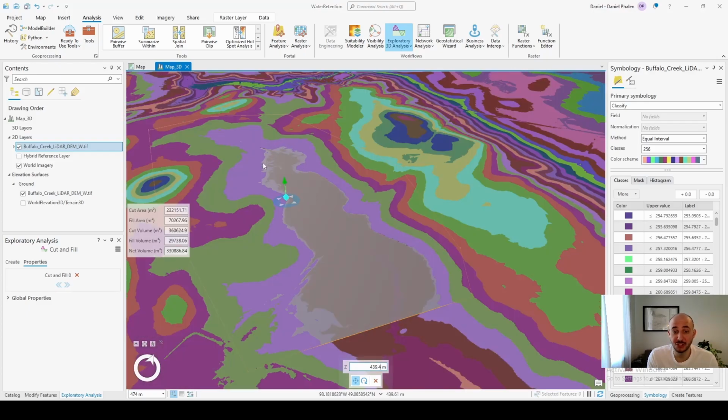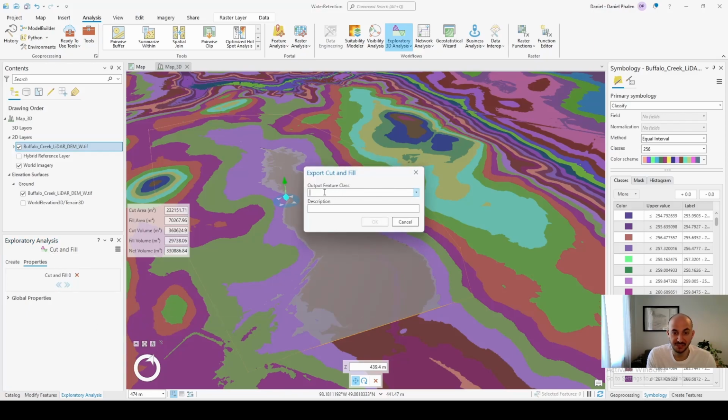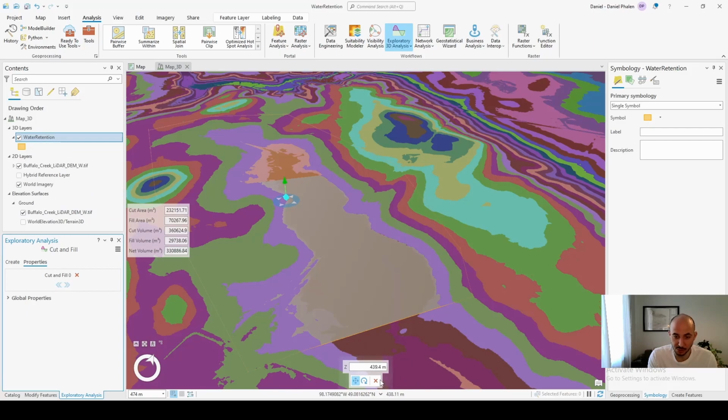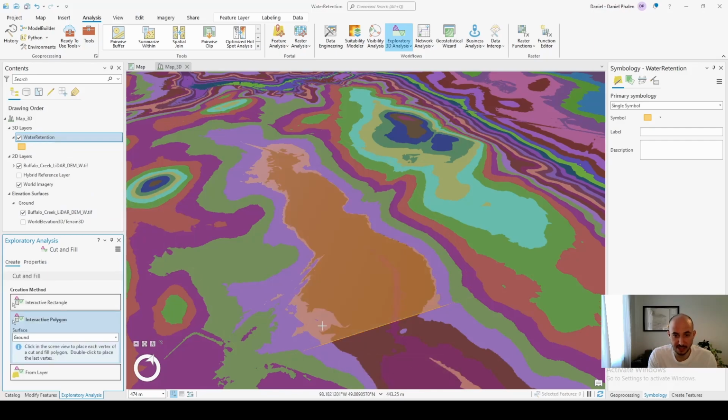If you want to save the shape and the data around it, you can head over to your Exploratory Analysis tab, click on the 3 lines, and convert to features. You'll have to create a new feature class or select one that you've already made, and then provide a description. This will end up in your 3D layers, so if you turn off your exploratory analysis, you can now see the